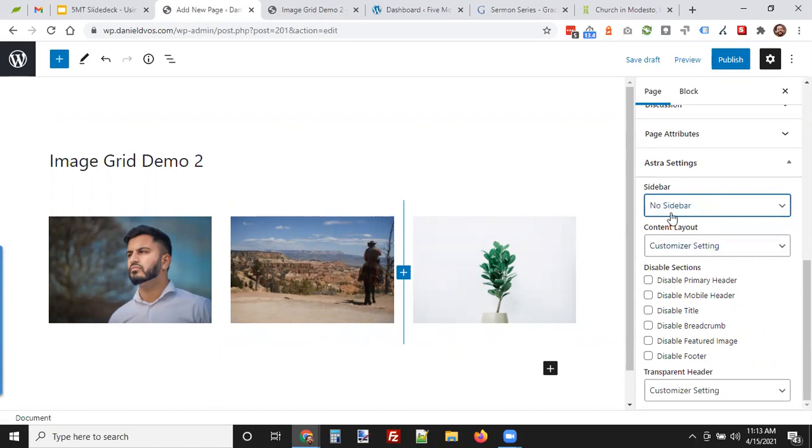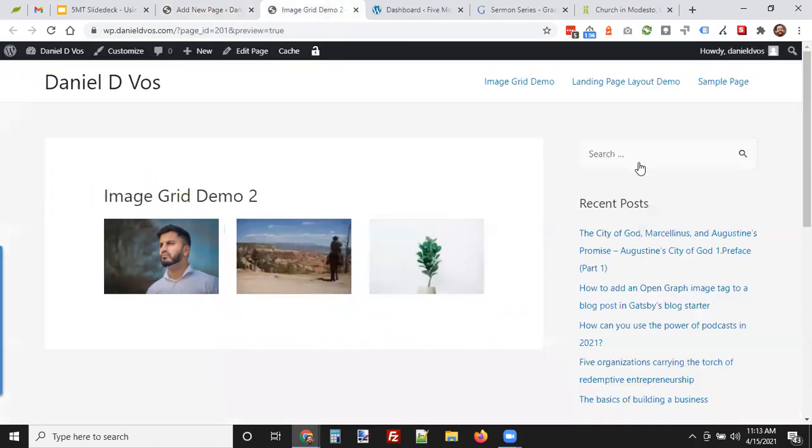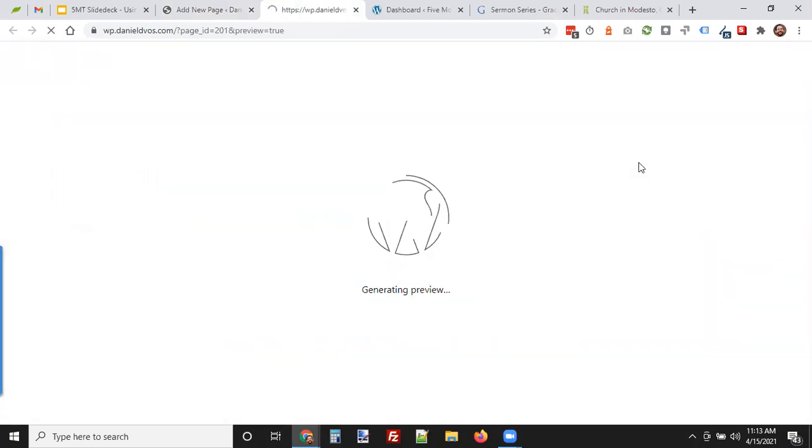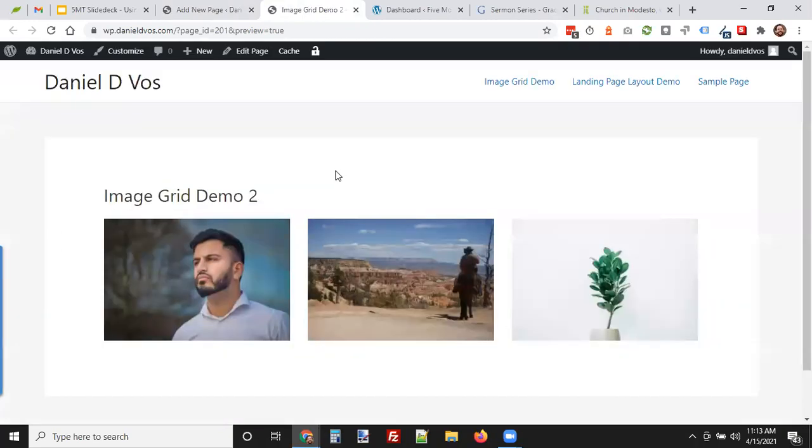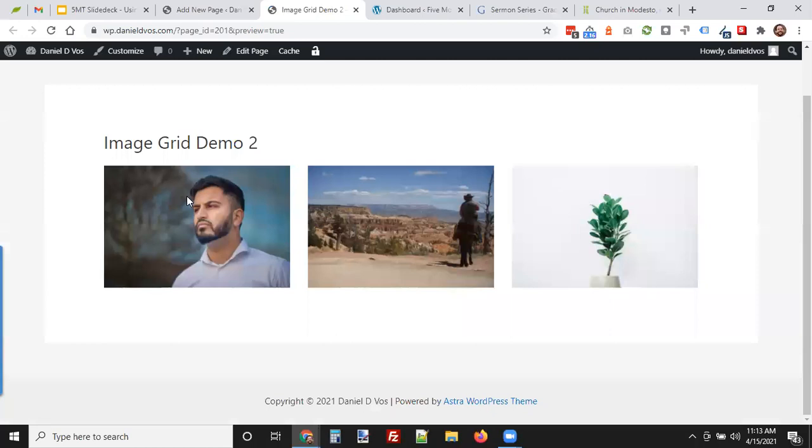I'm going to go ahead and save that, and it's going to be no sidebar. So let's preview it again. All right, so now this is looking more like we would want an image grid page to look. All right, let's